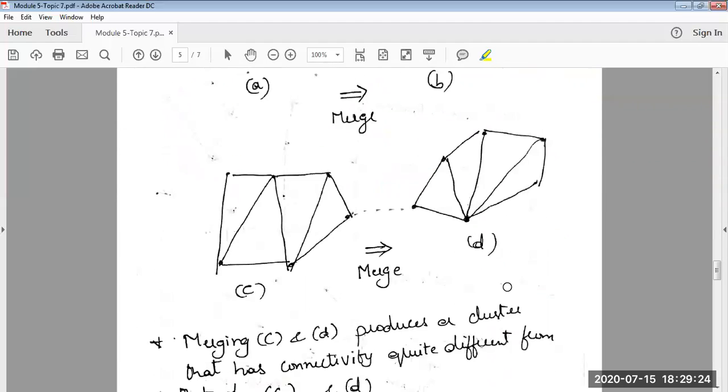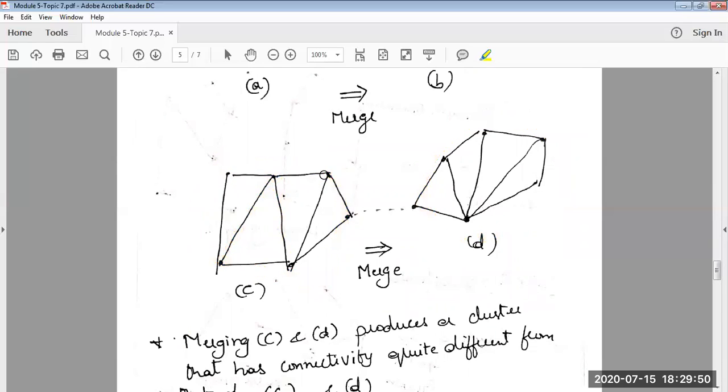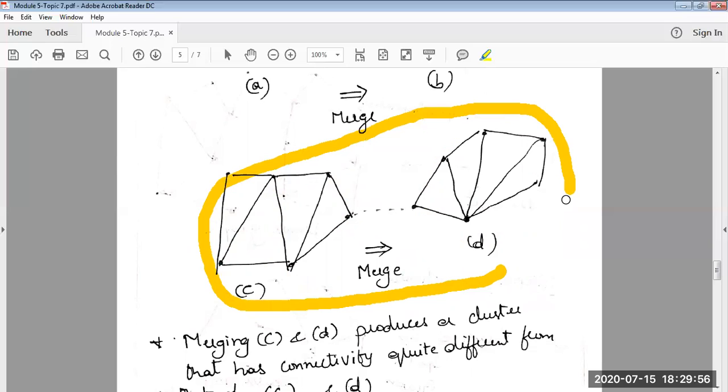I will try to understand it with one more example. Consider these two clusters. This is C, this is D. Once again, if you study the property of data points inside these clusters C and D, you will understand each and every point is having a minimum of 3 to 4 edges. So that should be your observation. Now, if I merge these two clusters and form one single cluster using Chameleon algorithm, will it satisfy the relative interconnectivity? So in this case, no.